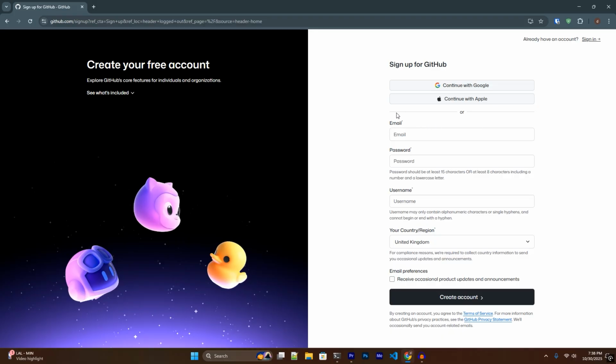For now, I'm going to manually input the email and sign up, but if you prefer these options, you can use these options. For example, if you click on this continue with Google, it will redirect you to a separate page, and in there you just have to click the link and it will create an account for you. For now I use this option, so